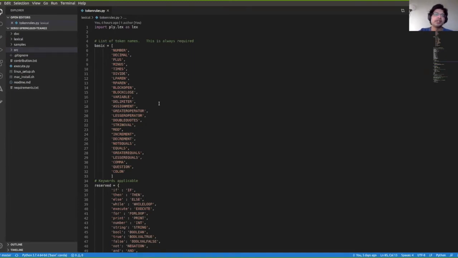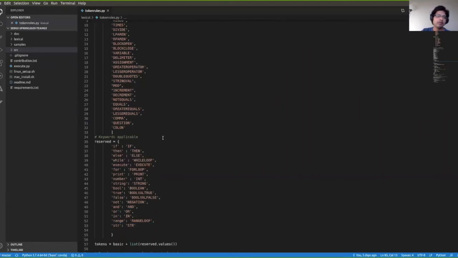The tokens range from number, decimal, plus operator, minus operator, the star symbol, the mod operator, increment operator, and many more tokens which we use in every normal programming language. We also have support for reserved keywords, wherein variables will be differentiated from a reserved keyword, so that it helps us to design the programming language the way we intend it to be.